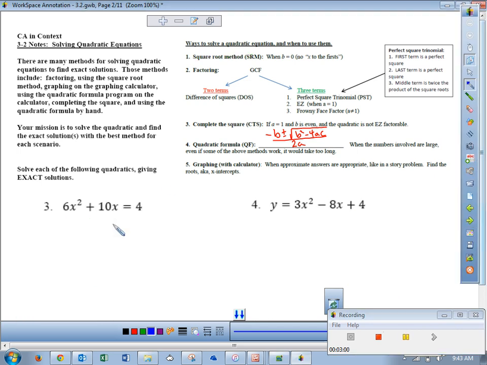Next one. First, he's not equal to 0. Get him equal to 0. So I'll subtract 4 from both sides. Awesome. Then I notice he's not easily factorable. Tell me why. Why is he not easily factorable? A isn't 1. I also notice this. 6, 10, 4. Isn't there a GCF of 2 that goes into each one? Yes. GCF. Let's take him out. What's the GCF? 2. So if I take him out,